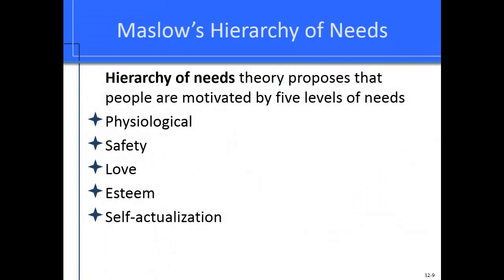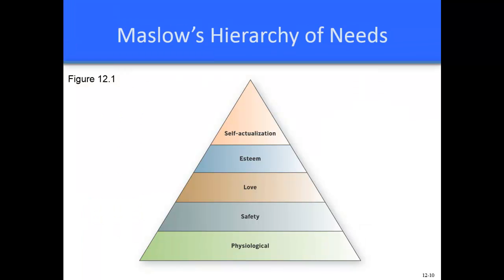The hierarchy of needs theory, developed by Abraham Maslow, proposes that people are motivated by these 5 levels of needs: physiological, safety, love, esteem, and self-actualization. This hierarchy ranked 5 needs from basic to highest level. Maslow suggested that needs are never completely satisfied. Our actions are aimed at fulfilling the deprived needs so that those remain unsatisfied at any point in time. In order of ascension from bottom to top, the 5 levels of needs are